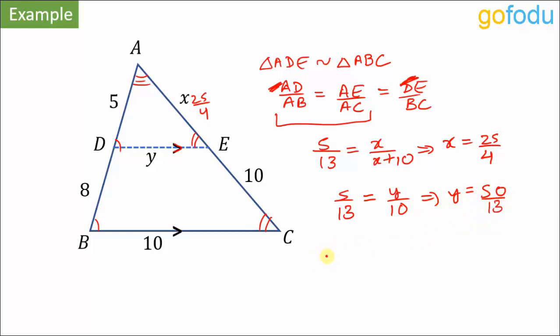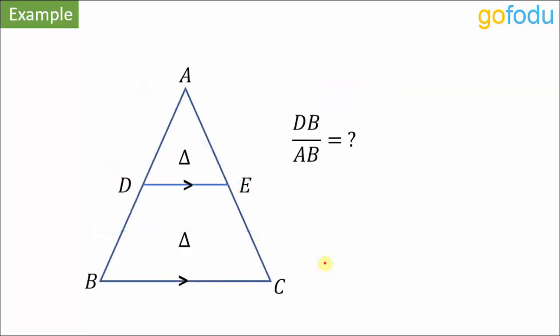So this is a common similar triangle scenario. One triangle and inside it another triangle with one angle common. This is a common similar triangle scenario that you will come across frequently. Once we have proved this small and this big triangle similar, we can either equate the ratio of corresponding sides or we can bring in the ratio of areas into the picture, which is required for this next question.